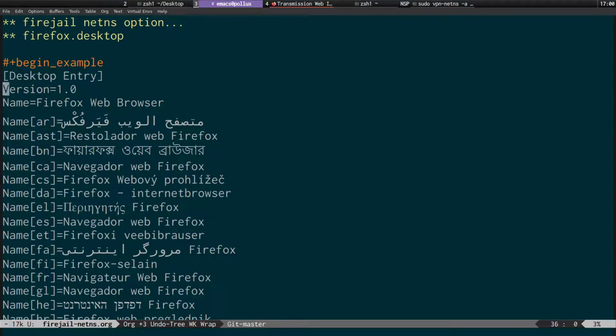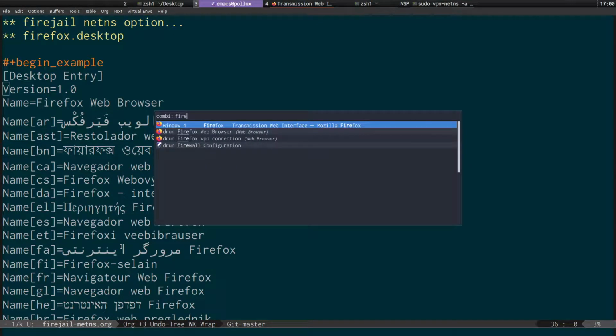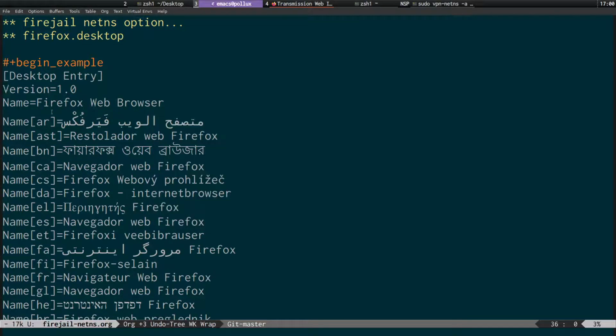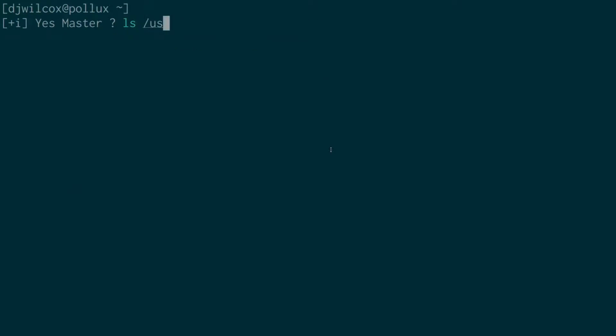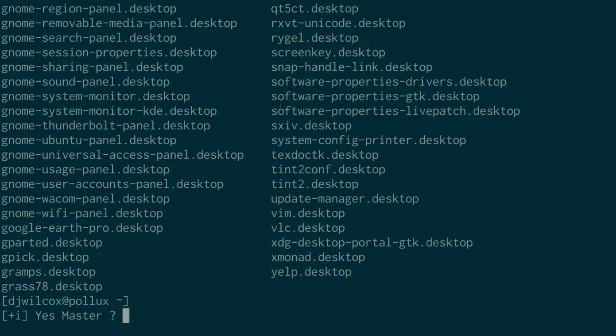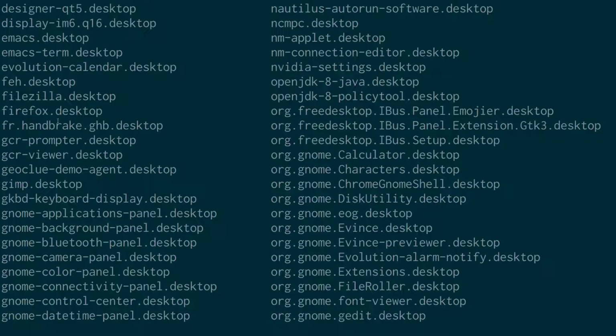So where is it? What you have is the regular Firefox here, and the name corresponds to the name here. So this is the regular desktop entry. What happens is, I think it's /usr/share/applications. If you have a look in /usr/share/applications, you'll see all the desktop files that are installed for different applications on the system, and there's this